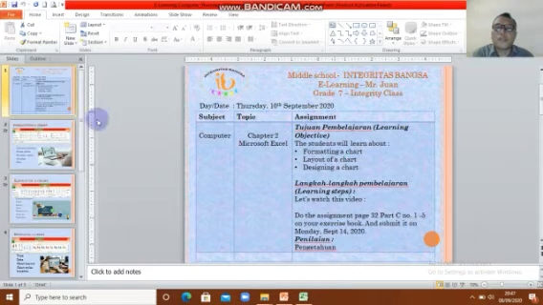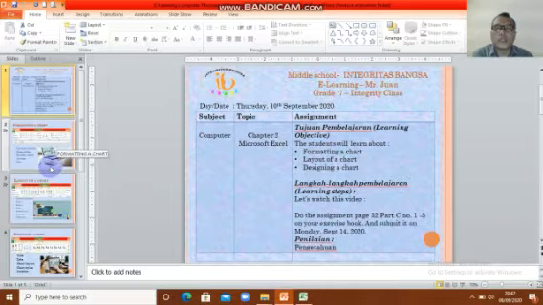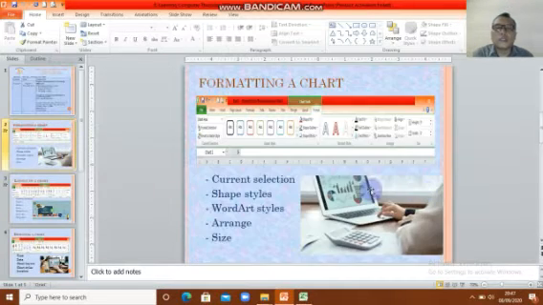Okay, kid, look at this. Formatting a chart is in the menu or ribbon, Format. You will see the current selection, shape style, word art style, and arrange and size.